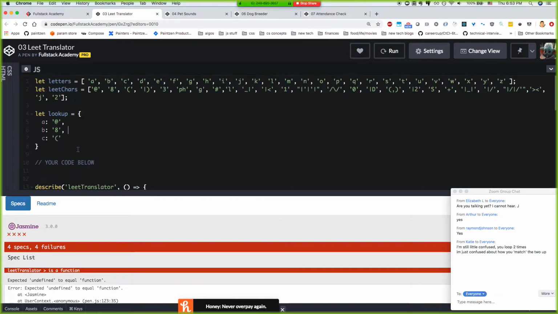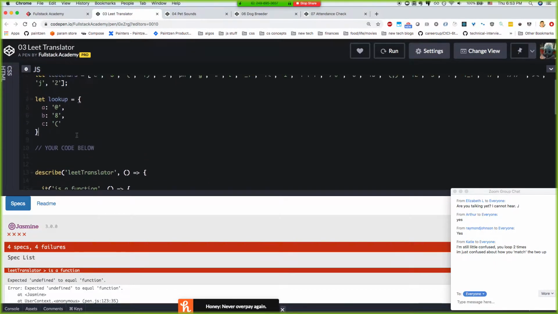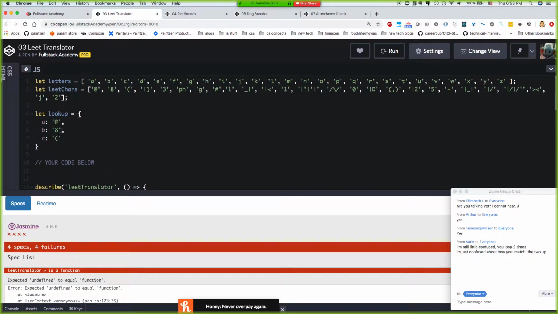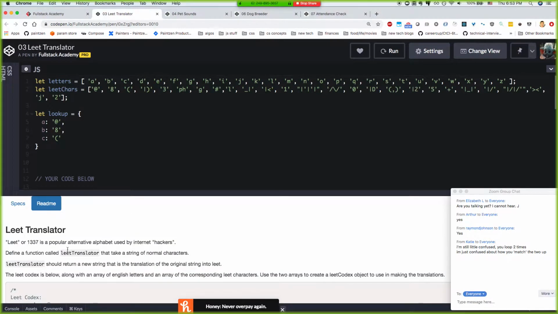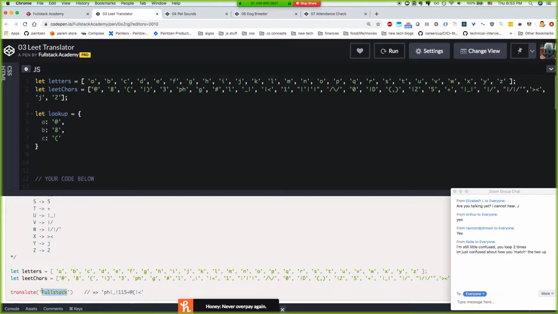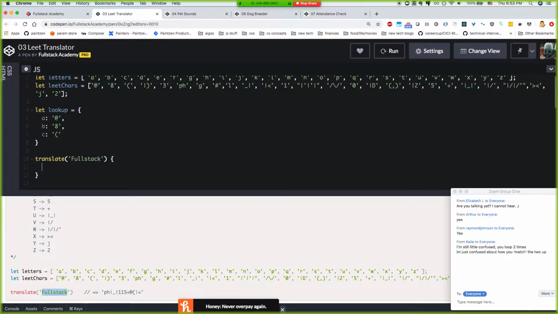Okay, so how we match the two up is basically we have our lookup here, and now when we go through our input, so let's say here it says full stack, right? So when we get our input element of full stack, then basically for F,